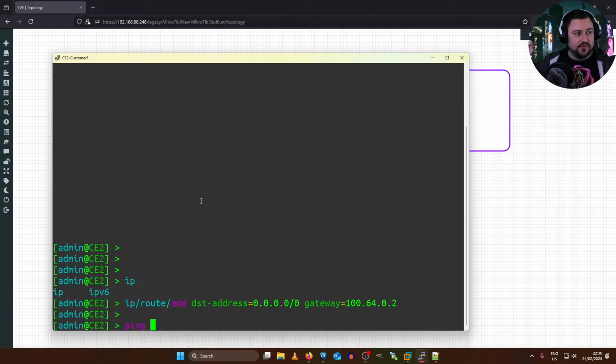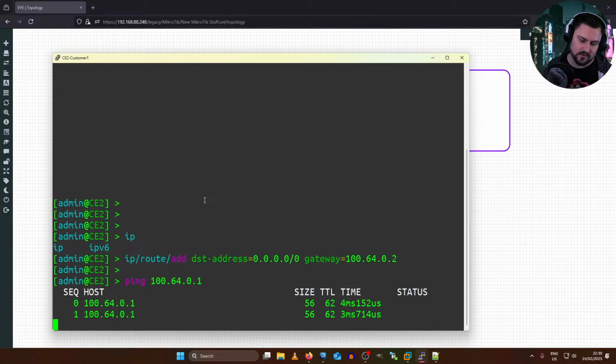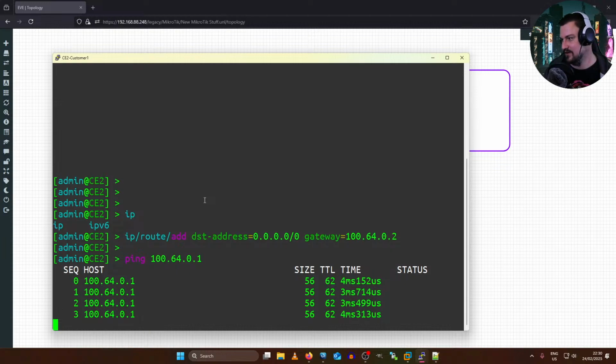These could be two offices for a customer, a client, a company. They could be in different cities. They could be in different countries even. They could even be in different continents. That's how cool and awesome this stuff really is. That's why I love this stuff so much. But let's just add the ping and see, can we get to 164.0.1? Yay! It's working. It's alive.